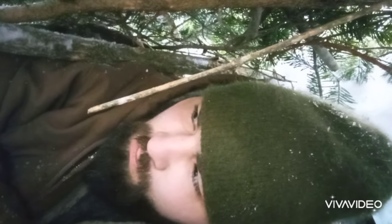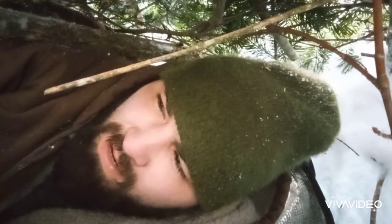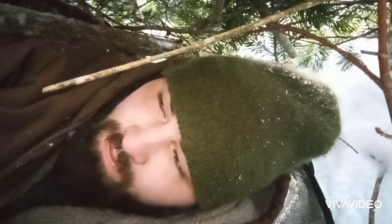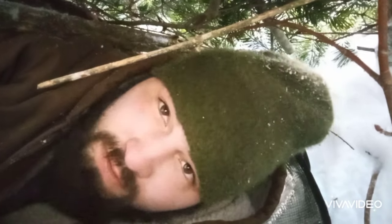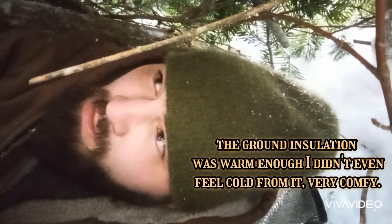It definitely needs more insulation on the roof, I dare say, to be honest with you guys. Again, we want about 3 foot thickness on that to help trap heat in here and have any insulated value. It's going to be about 3 foot thick of forest debris, or in this case, pine boughs. So, pretty comfortable. It does keep me out of the wind, and would keep me out of the snow if it was snowing right now, but we're going to get out of here and talk about...